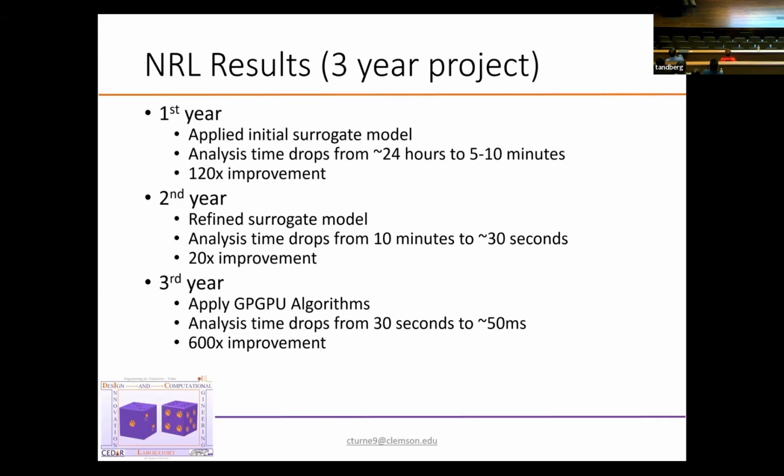Third year, we come back, we parallelized some of the code, improved the hardware a little bit using GPU algorithms, dropped our analysis time down from 30 seconds to about 50 milliseconds. This was a huge advantage because we got in the control loop of the experiment. So now, while we were testing a single coupon, we could determine if we reached statistically significant data to converge on what the answer was before we completed breaking the coupon,